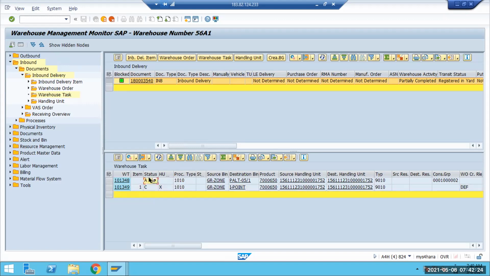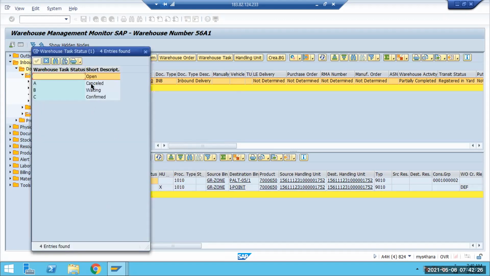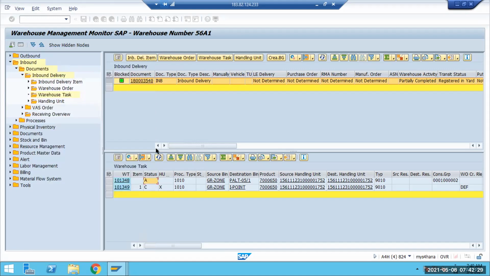If you see, the current status is cancelled. Now you are stuck. See, this is the stage we were stuck in. It took me one day to figure it out, the whole day. So what you can do now is create manually from ID point to your palette again, and then it is going to create two tasks. Can you go ahead and check that? Copy the HU, and then create ADHU, create a task to palette.